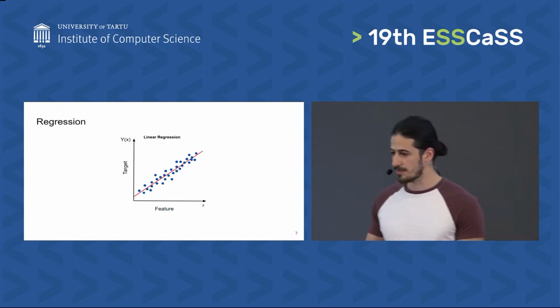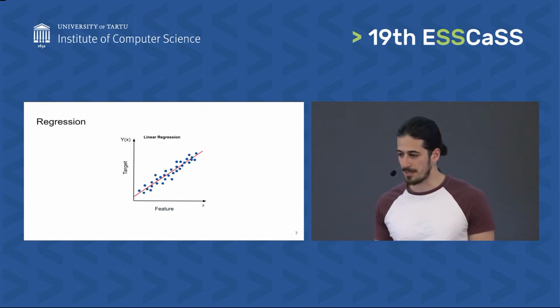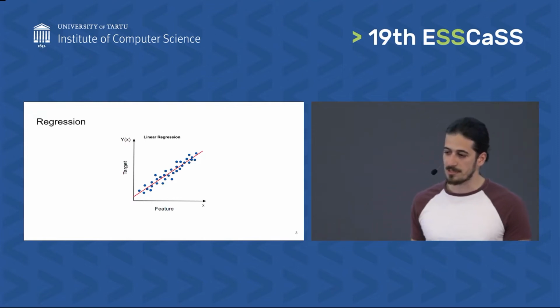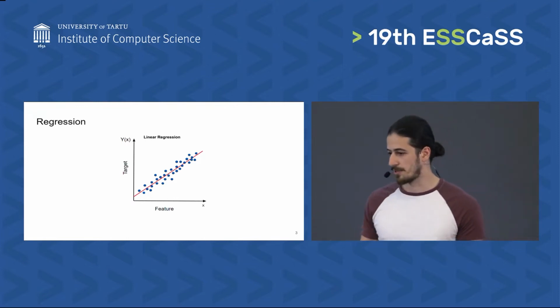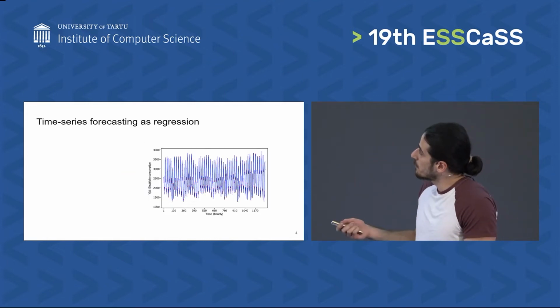In regression, you're aiming at finding a relationship between a dependent variable y and an independent variable x, known as feature and target usually in the machine learning community. And so we find a relationship that could look like a linear line as such, and fit it to the data. And in time series forecasting